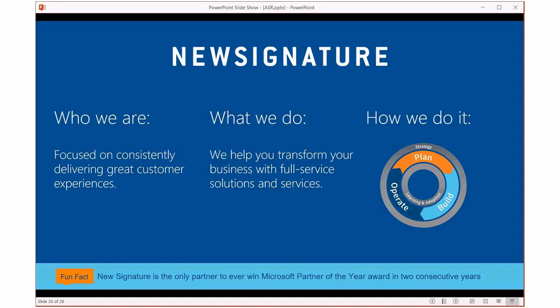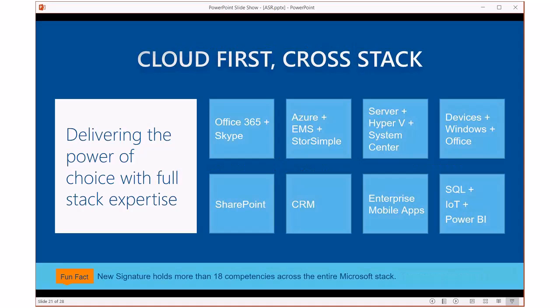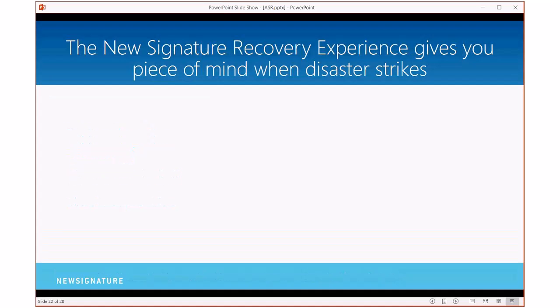And then from there, we have a number of different strategies of how we can help you build, operate, and plan for these things, and then utilize them to their full capacity. As you said, even with ASR, there's a lot of different ways you can use it, and we're happy to go through all of that with you. We do this across the entire Microsoft stack, for really any other Microsoft technology that's out there. We have competencies across the board in all of those.